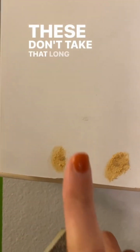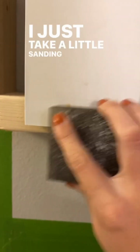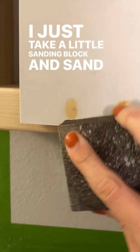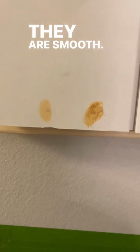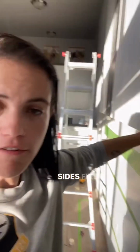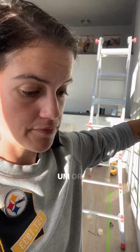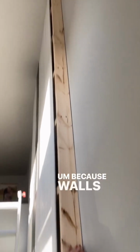These don't take that long to dry, but once they're dry, they're hard and crusty. I just take a little sanding block and sand them down until they are smooth. Okay, so I have partial on both sides, but before I can put those partials on, I need to do these sides first, or at least get them cut down, because walls are